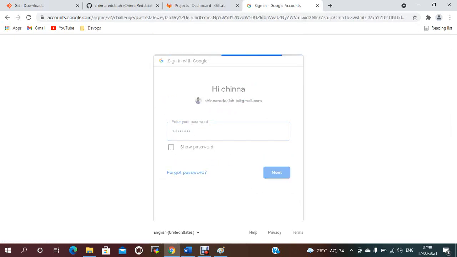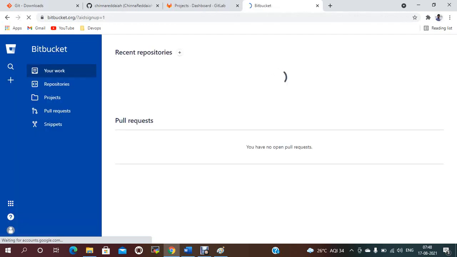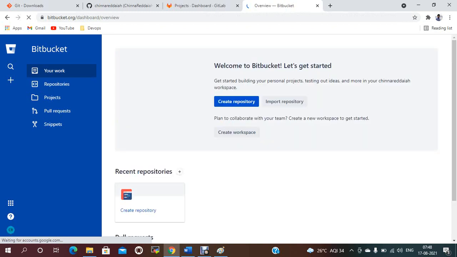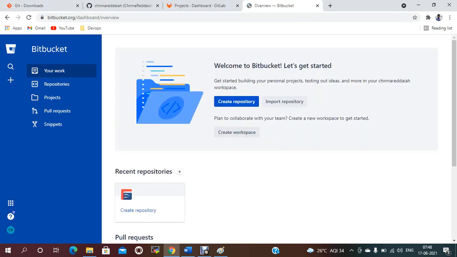Bitbucket is also free, and up to 5 users we can use in the team. This is also open source. These are the UIs.